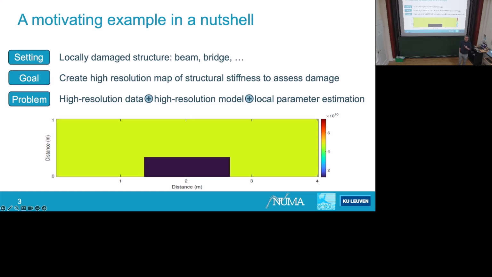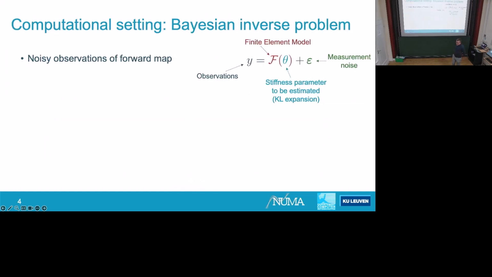That's basically the setup. But for the proofs, sometimes we will consider full field data, and if we don't manage, we will consider high resolution finite dimensional data if we don't manage to prove it in the full field setting. So that's the setting. Multilevel Monte Carlo methods exist, and you've seen a talk yesterday already about them. But the added thing here is that we want to have high resolution data and also locality. So this is the setup of the problem, as you've seen already in other talks.